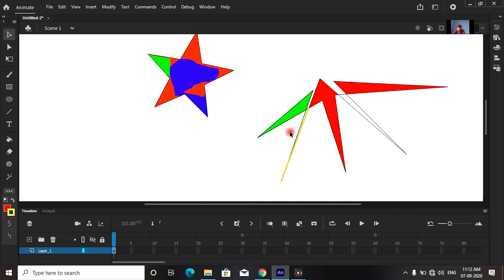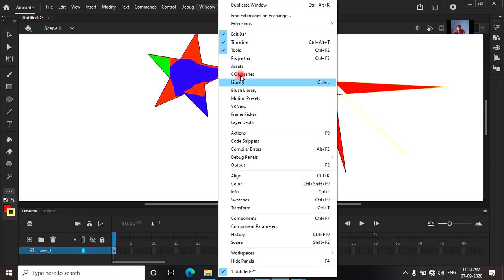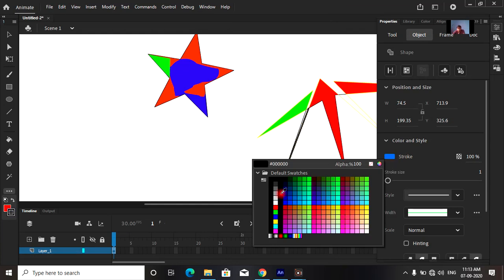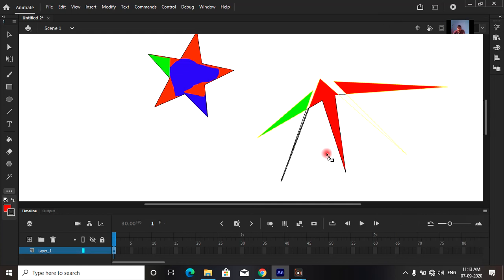Now here we are going to put the colors, S. Now see here, the yellow color is not showing, but by the help of this we can select another color also. If you want, you can select black color, then put black color here. This ink bottle tool is used to fill the color on the outside, the stroke side.